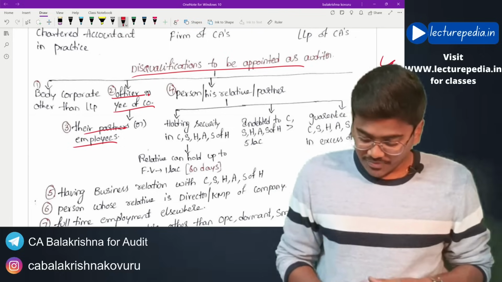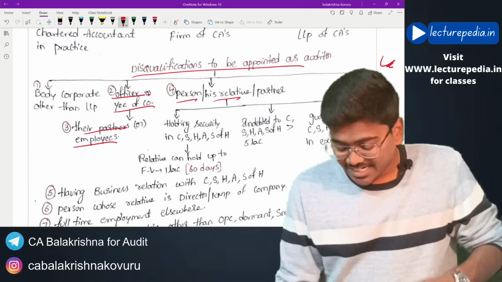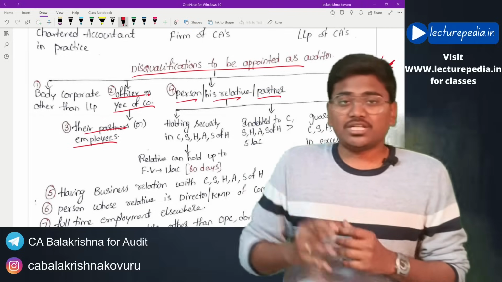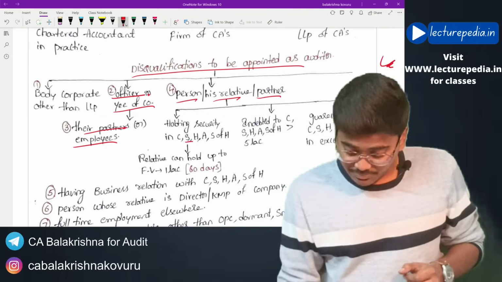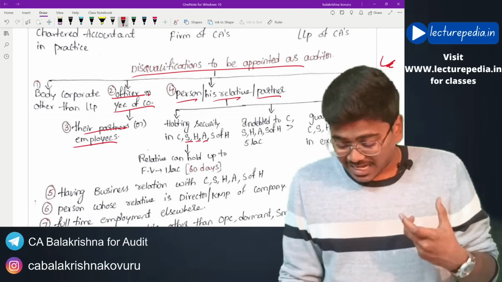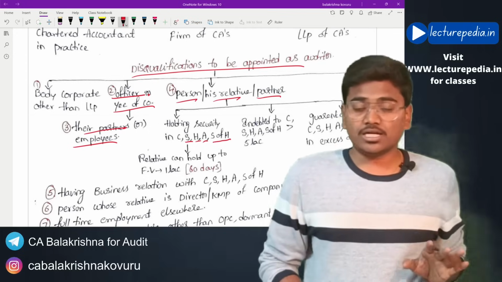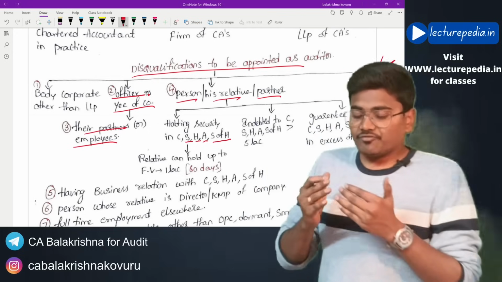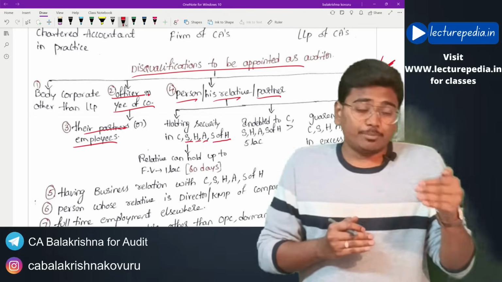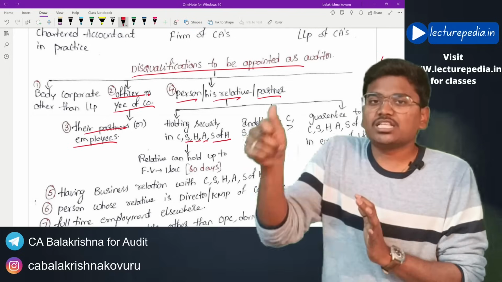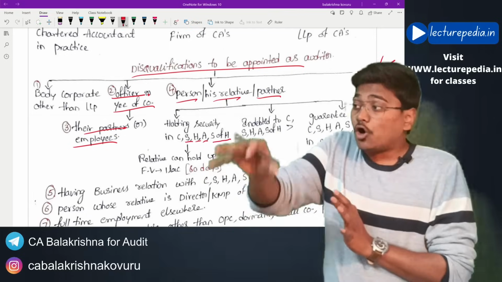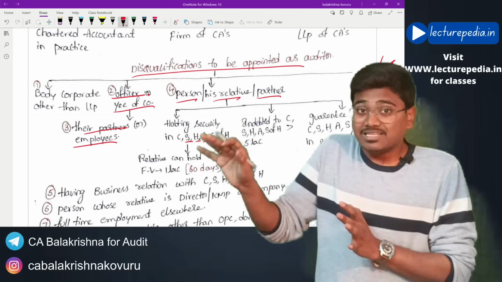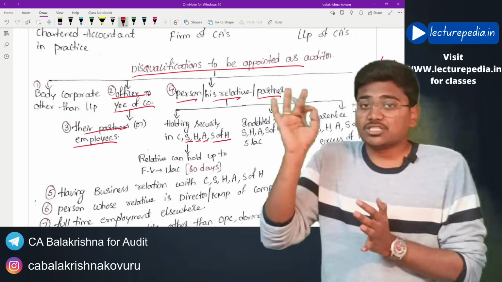In the same way, partners or employees of an officer or employee of the company can also not be appointed as auditor of the company. And a person or his relative or his partner who is holding any security interest in the company, or its subsidiary, or its holding, or its associate or subsidiary of holding, even those people cannot be appointed as auditor of the company. Okay, if a person or his relative or his partner is holding any security in the form of shares in the company, or its holding, or its subsidiary, or its associate, or subsidiary of the holding, in that case, such person cannot be appointed as auditor of the company.